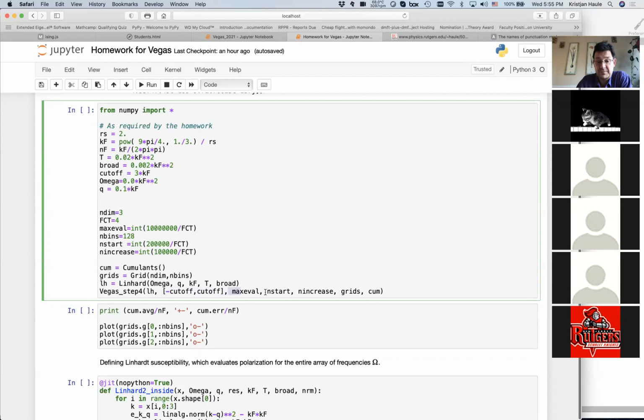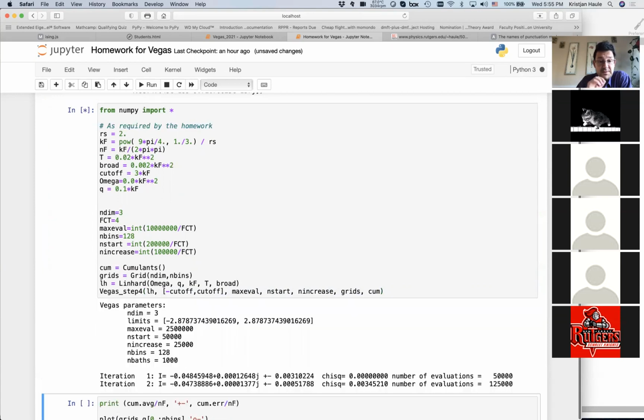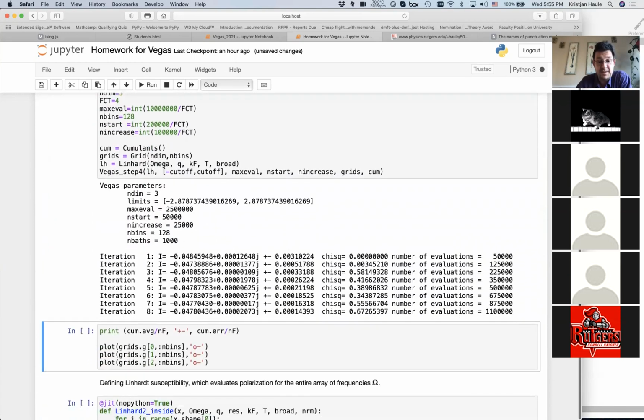And then we have to give the rest: the maximum number of function evaluations, the number of steps, the number of random evaluations at the beginning, how much we increase, how we change the grid, and so on and so forth. Okay, so we are now testing Vegas algorithm, and